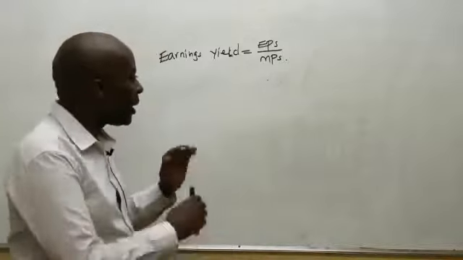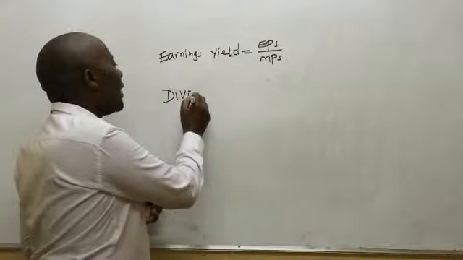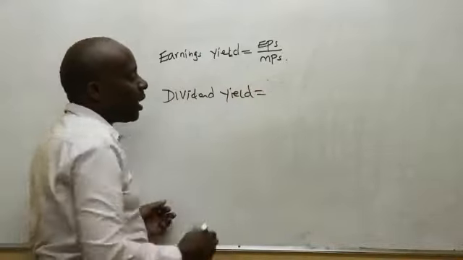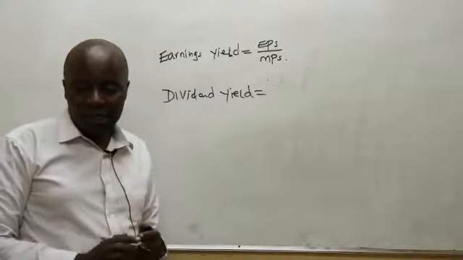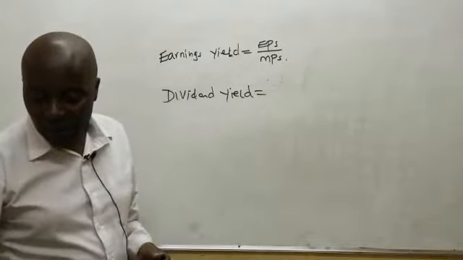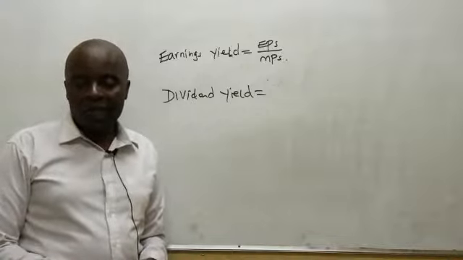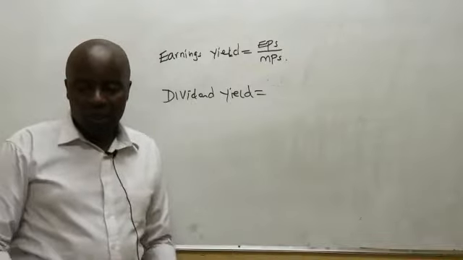Don't write this just for our eyes only. If they want us to give them dividends yield, who can try guessing the formula of dividends yield? Could you kindly try guessing the formula of dividends yield? Just guess. Dividends yield equals what here, somebody?